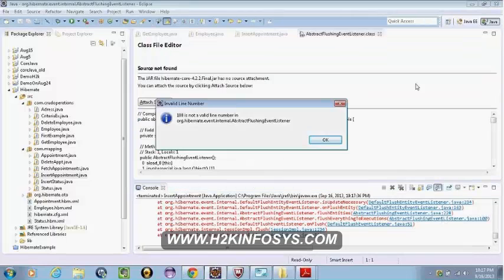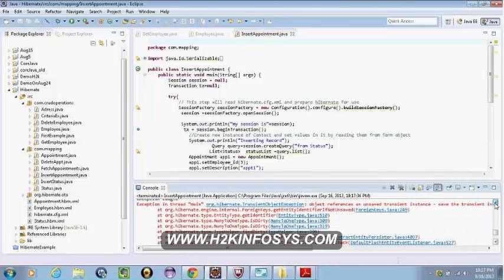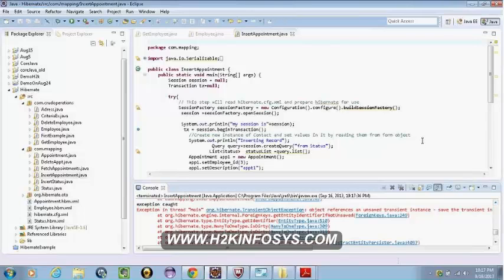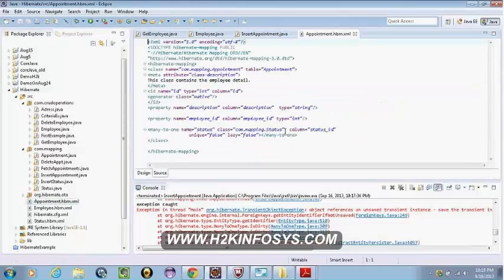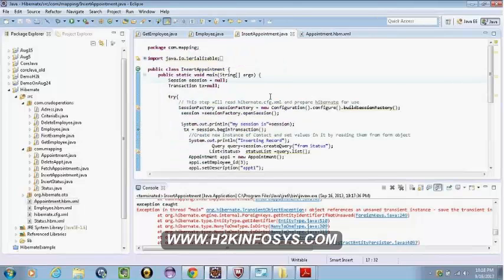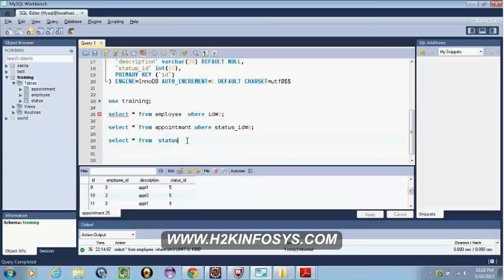Because here in the status table, I don't have it. So you don't have 9 over there, right? Yes, exactly. It's a constraint due to foreign keys. I have run into this situation because I haven't created foreign key constraints properly. This is what I was explaining, right? See, when we fetch the appointment, it is trying to fetch the status for it, and the status doesn't exist. That's why it's giving the error.